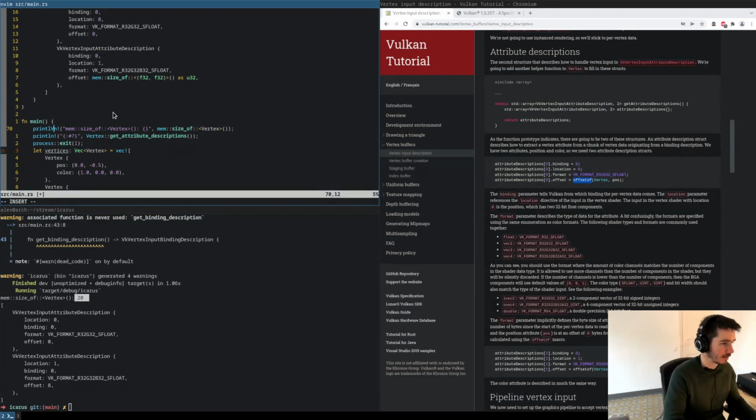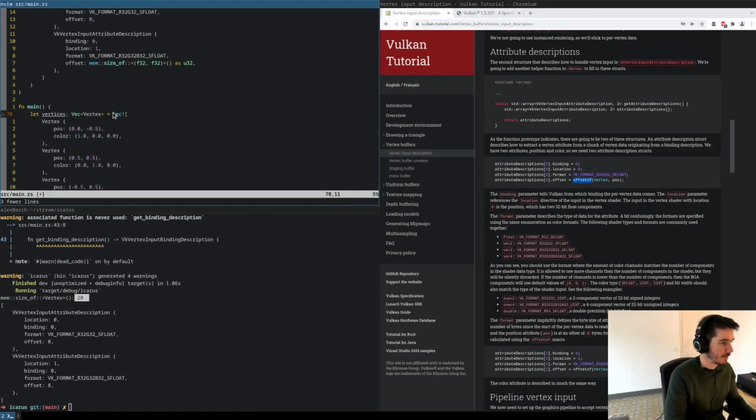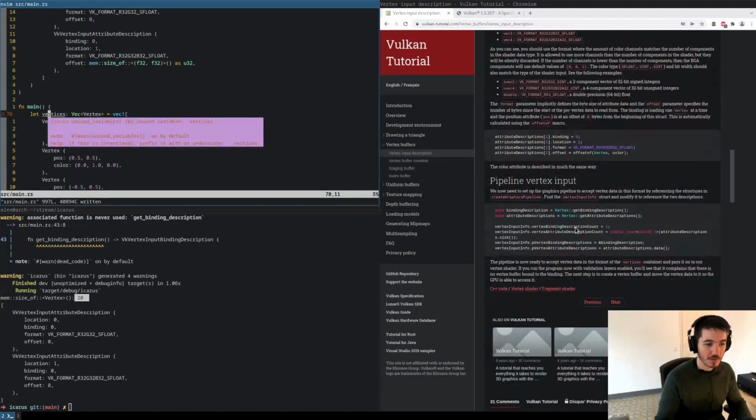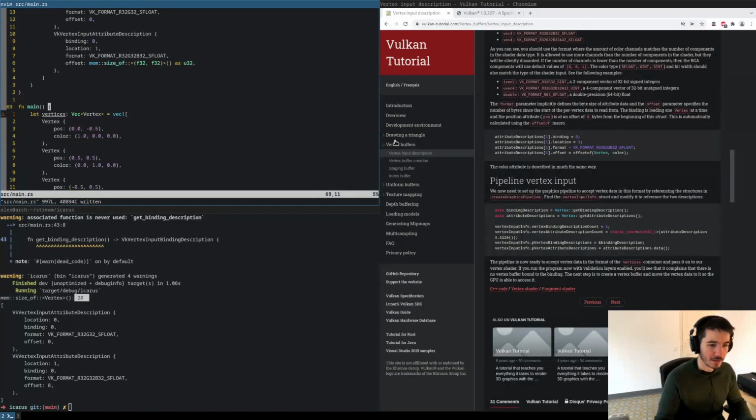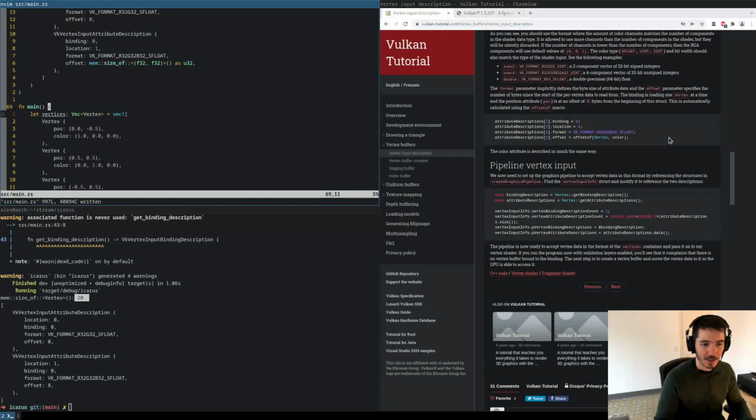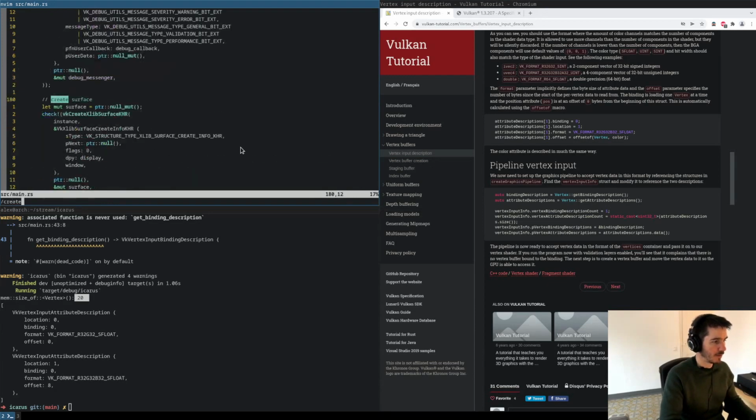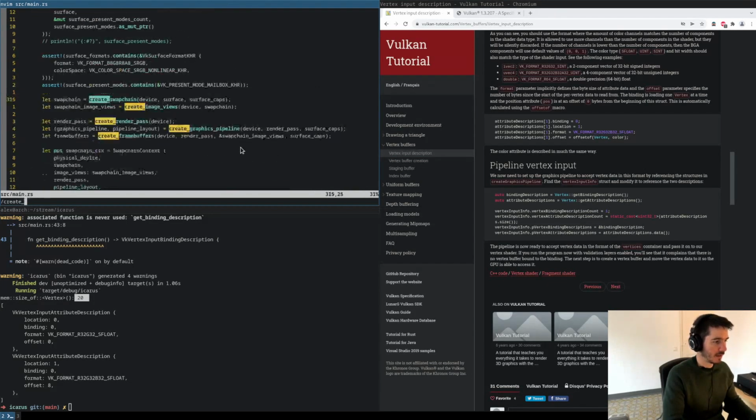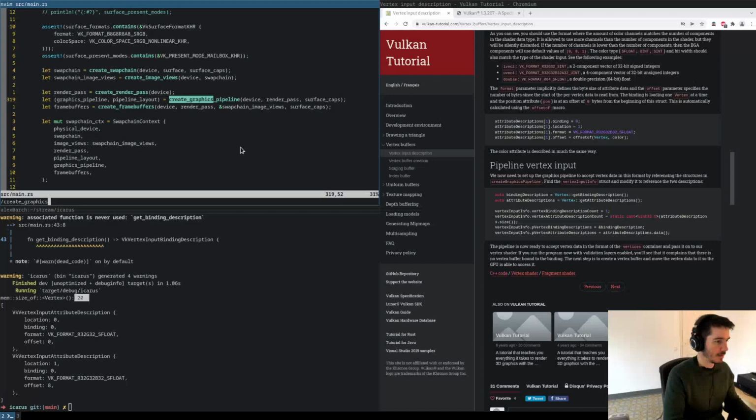Now we can get rid of this stuff. We don't need it anymore, and we can proceed with the tutorial. So we now need to set up the graphics pipeline to accept Vertex data in this format by referencing the structures in Create Graphics Pipeline. So if we now go to Create Graphics Pipeline,